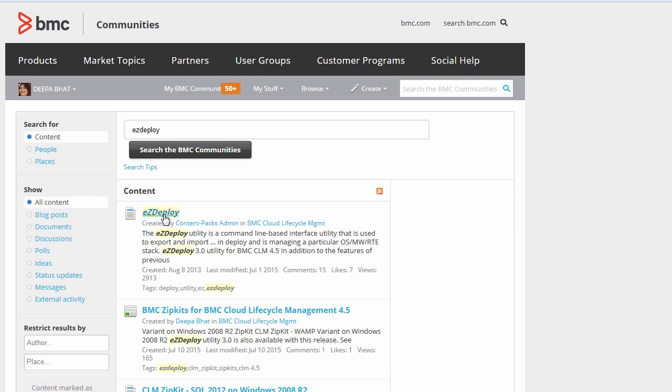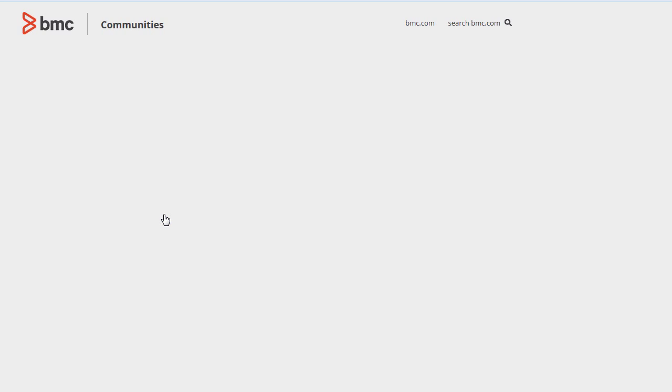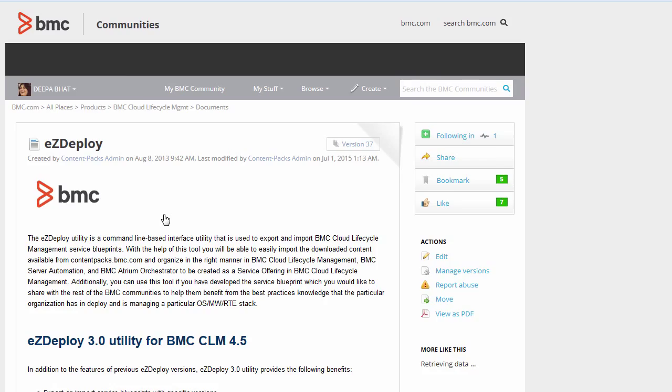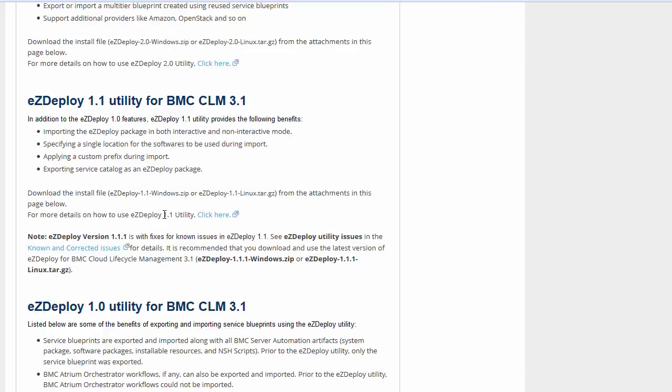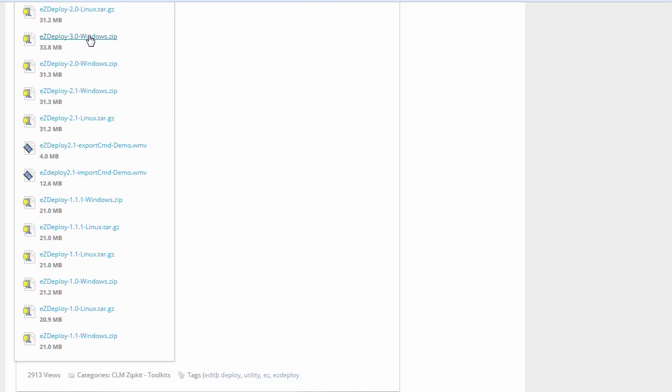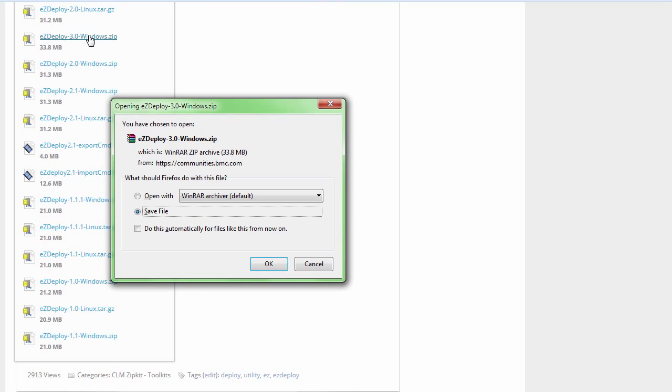Click Easy Deploy and then download Easy Deploy 3.0 for Windows. This is the utility that is compatible with CLM 4.5.